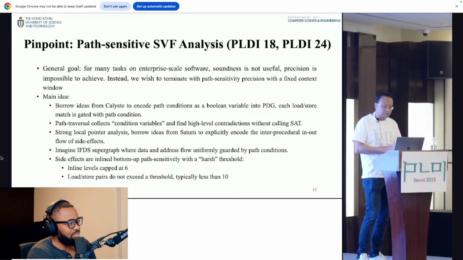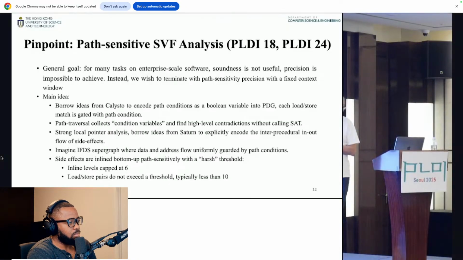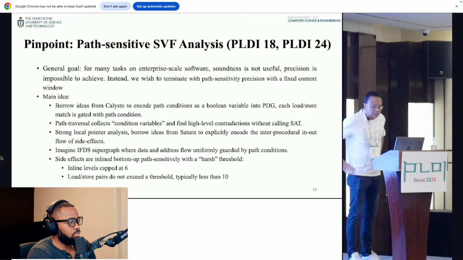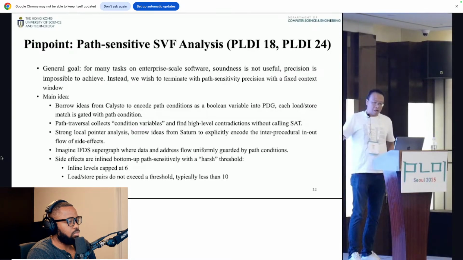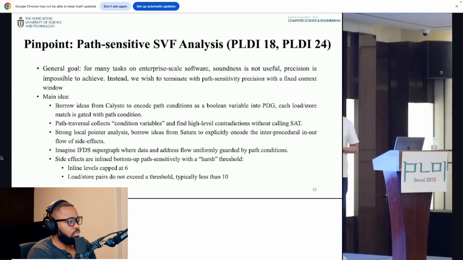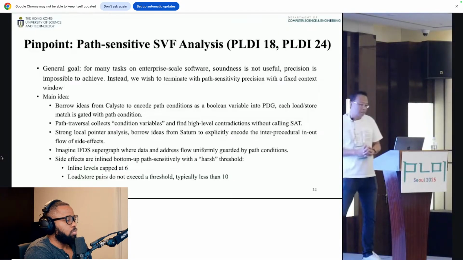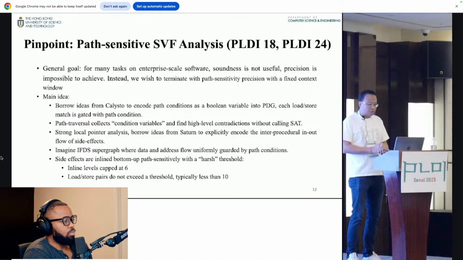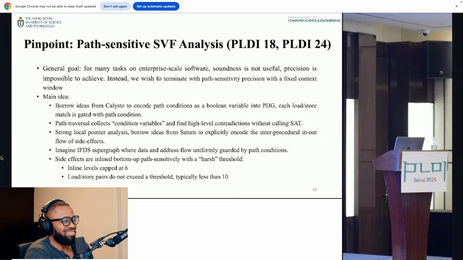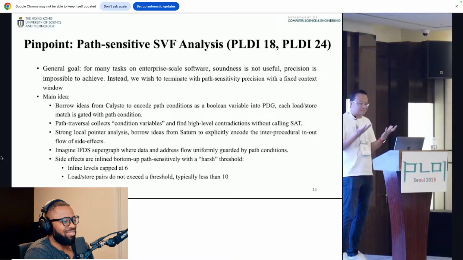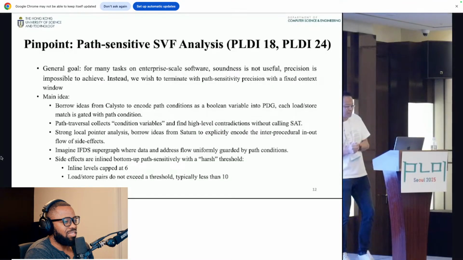Yeah. So next, let's try to be a little bit more technical. Let me talk about some of the essential innovations that we did inside the tool. Again, this is almost 10 years ago. Originally, we published a paper at PLDI 18 called Pinpoint, which summarized the core techniques that we still use today. The main idea is that for enterprise scale software, some people are probably going to hate me for saying that, but we give up on soundness. For software of that size, soundness is not that useful because it gives you too much information. Right? For developers, it was just impossible to filter out anything that's really valuable.